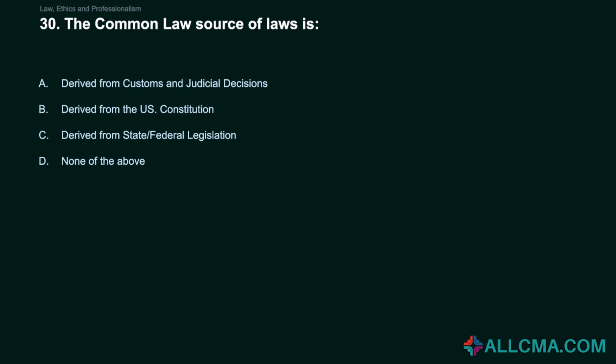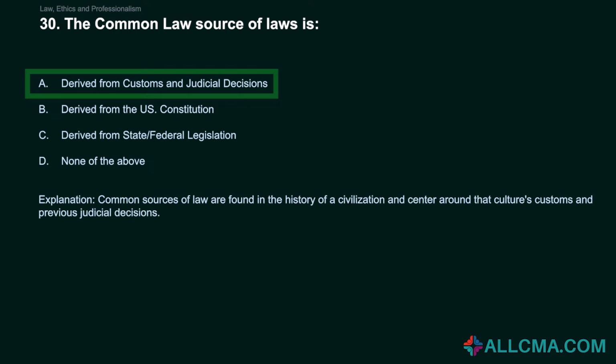30. The common law source of laws is A. Derived from customs and judicial decisions. B. Derived from the U.S. Constitution. C. Derived from state/federal legislation. D. None of the above. Correct answer, derived from customs and judicial decisions. Common sources of law are found in the history of a civilization and center around that culture's customs and previous